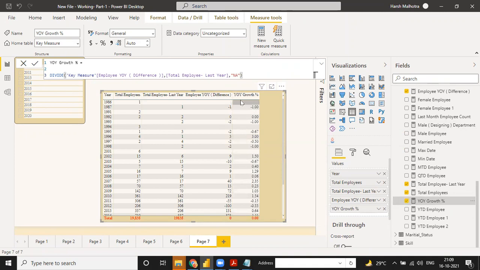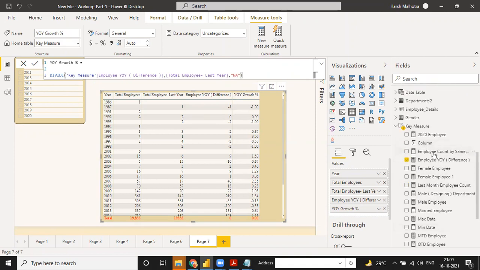See the YOY growth when I wrote NA, and see the same difference if I put YOY difference into a comment, it will give you the NA value here. That is the reason we should use this function: if this value is blank, the numerator is blank and the denominator is a value, then the result shows as NA.